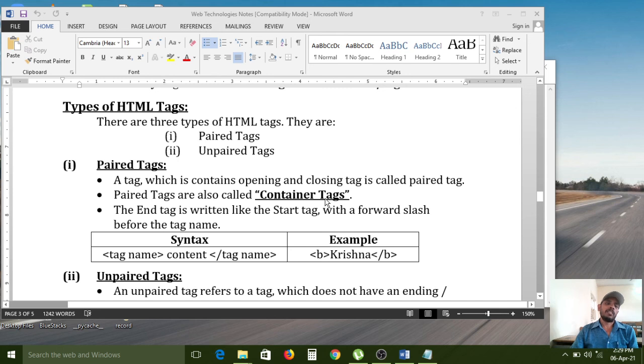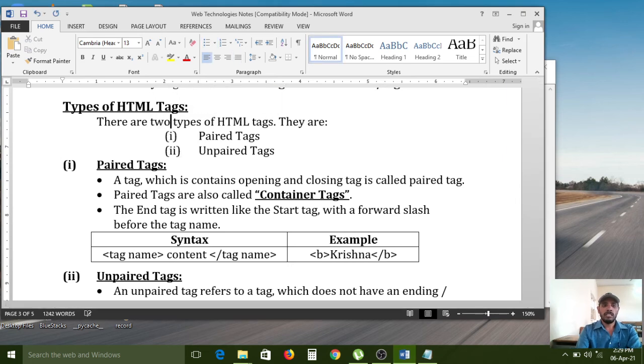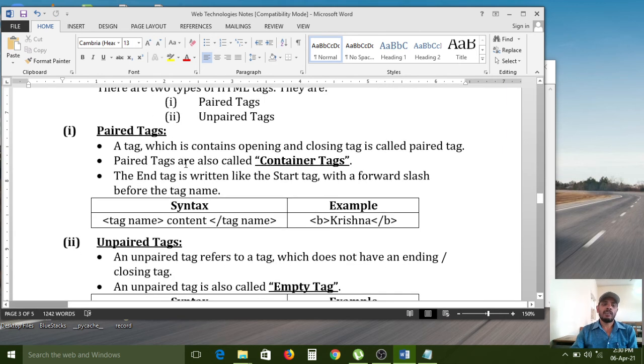Next, types of HTML tags. There are two types of HTML tags. One is paired tags and the second one is unpaired tags. A tag which contains an opening and closing tag is called a paired tag.